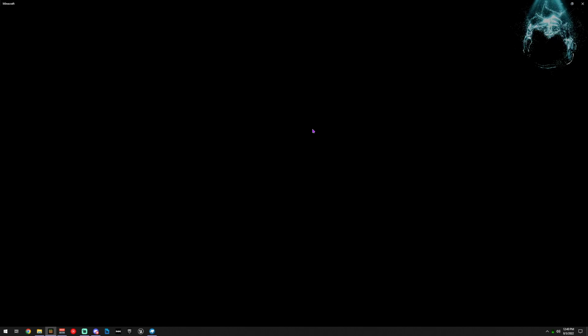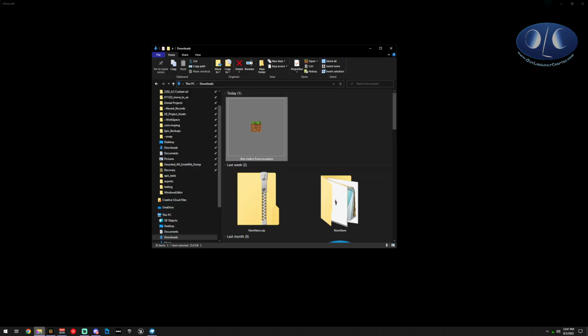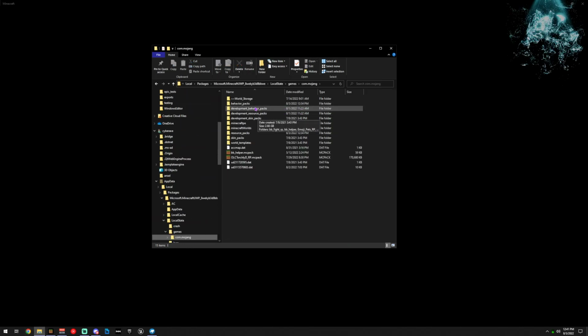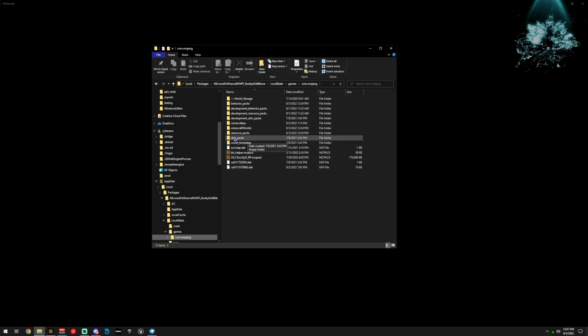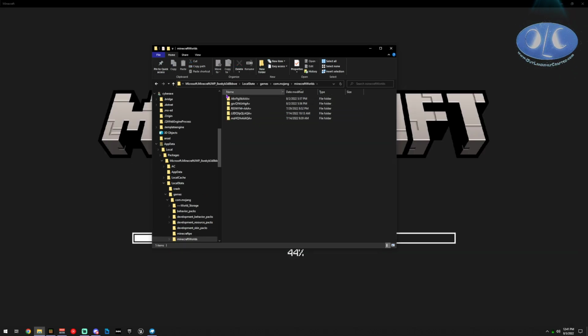and now we're going to get our add-on in the game. Now, when you do this, it copies all of those files into the game folder, and it puts it in a behavior pack folder and a resource pack folder. Then, when you add it onto your world, so you make a new world and you add it and activate it on the world, it copies it from the behavior pack area and the resource pack area and puts a copy of it in your world. So that's what it looks like here. So it takes it from the behavior pack folder and the resource pack folder, and it makes a new world folder, and then it puts it inside there.